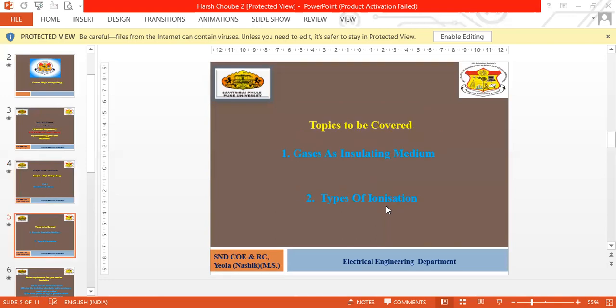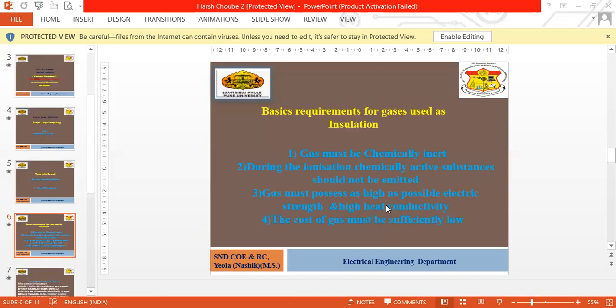So for this, firstly, when we are seeing this breakdown in gases, the first topic to be covered is gases as the insulating medium, and the second one is the types of ionization. The basic requirement for gases used as insulation, that is the first one, is that gases